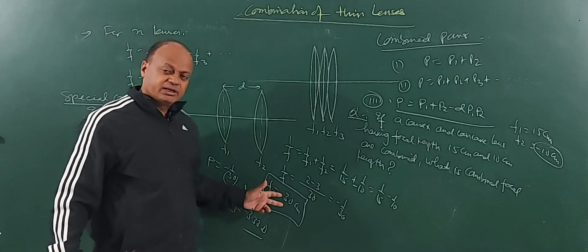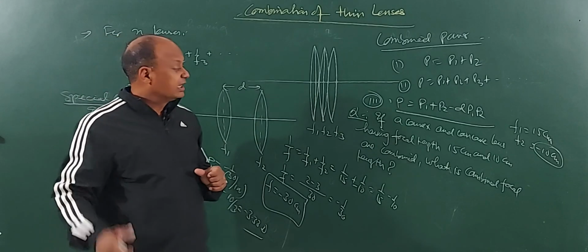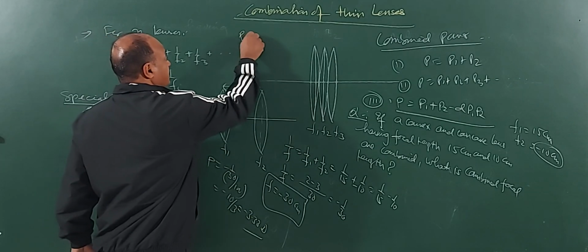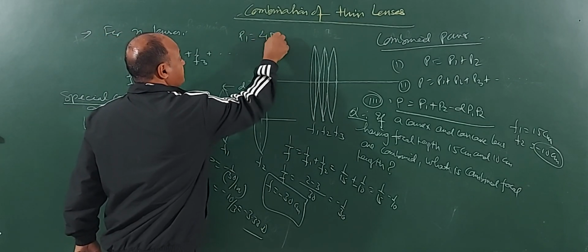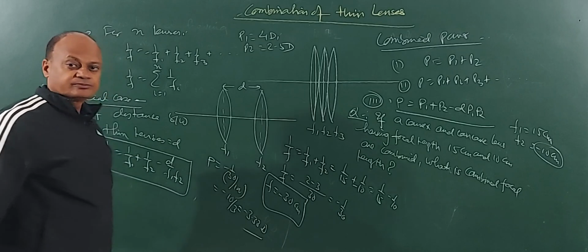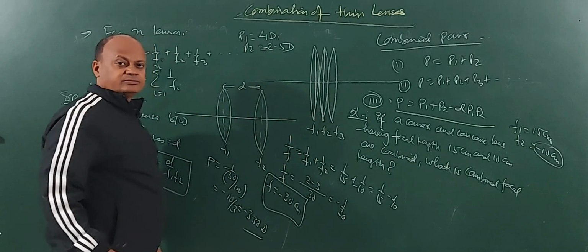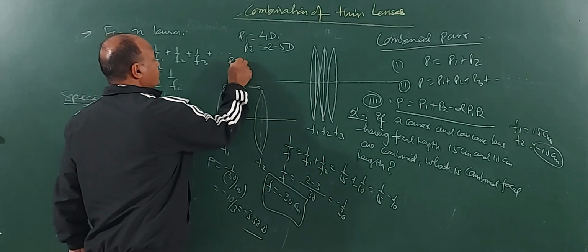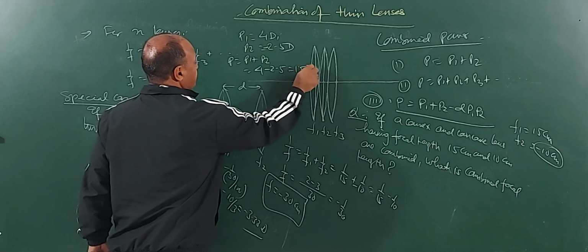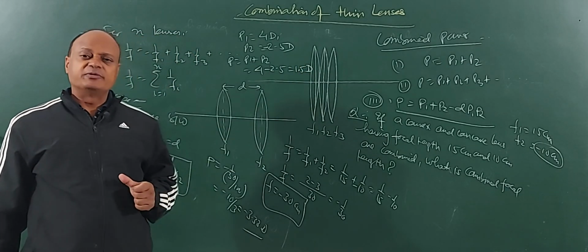So since I know the combined focal length, I can calculate the combined power. But it is not necessary that I have to calculate the combined focal length. If I know the individual powers, suppose they give a problem where two lenses are combined having P1 equal to 4 diopter and P2 equal to 2.5 diopter. Right? And suppose it is minus 2.5 diopter. Then I can directly use the formula P equals P1 plus P2, which is 4 minus 2.5, 7.5 diopter. So depending upon what situation is given, you should be able to handle a problem.